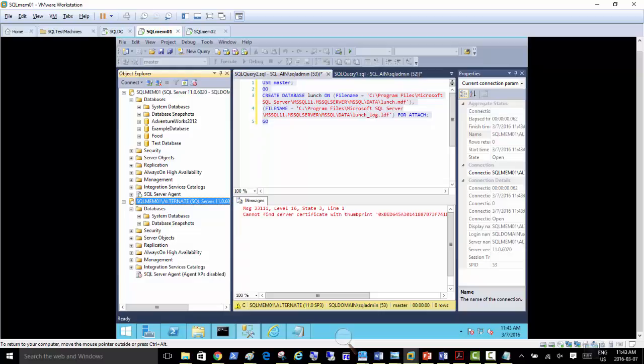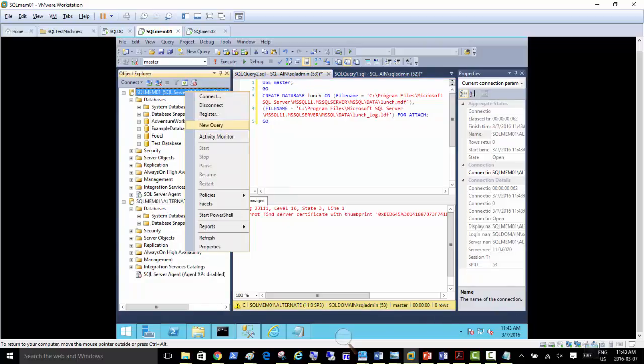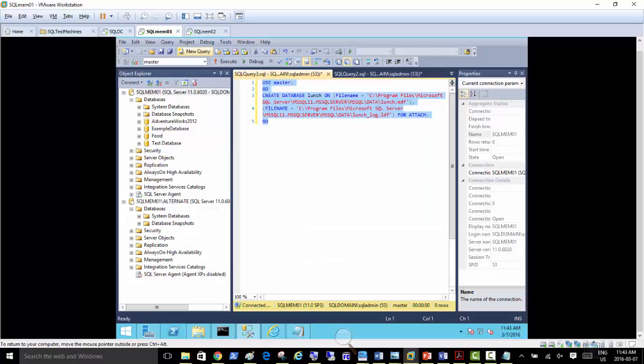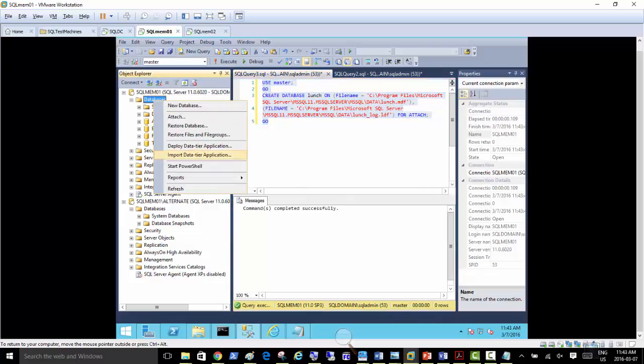So yeah, we need to attach a certificate, security certificate. Without that, it's not going to accept that. So we do know that it's going to connect it to the first instance. So if I connect back to my first instance, from where I detached it, and again paste it, it just connects fine there.